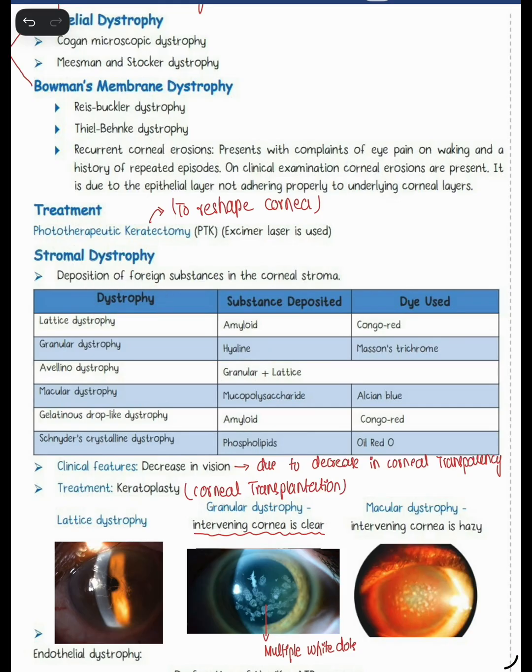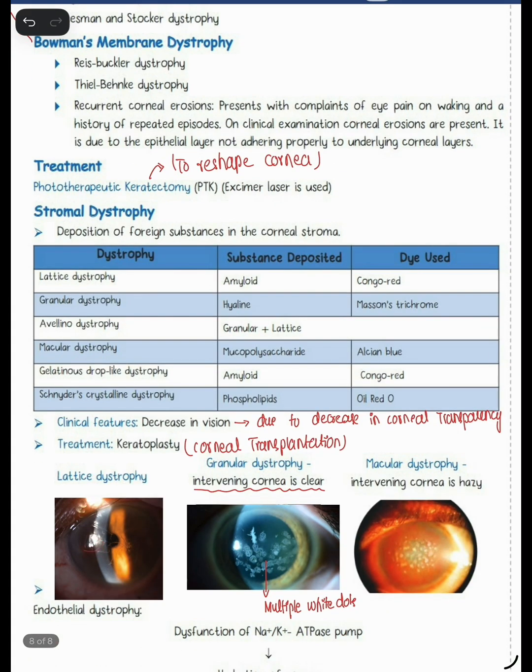So we have the lattice dystrophy, in which the amyloid substance is deposited and the dye used is the Congo red. Next is the granular dystrophy, in which the hyaline is deposited and the dye used is the Masson's trichrome. Then Avellino dystrophy, in which both the granular and the lattice types of substances, amyloid and the hyaline, are deposited, and